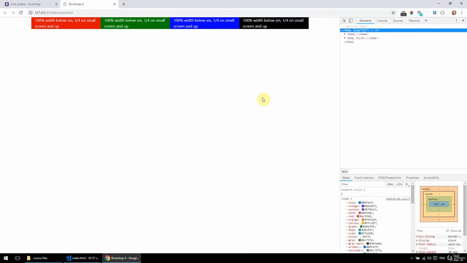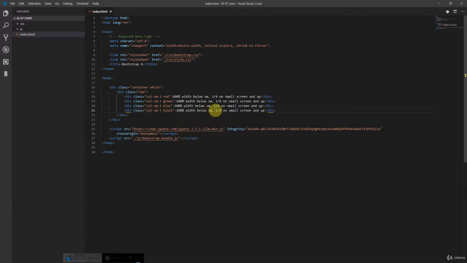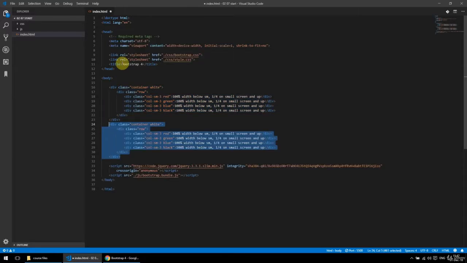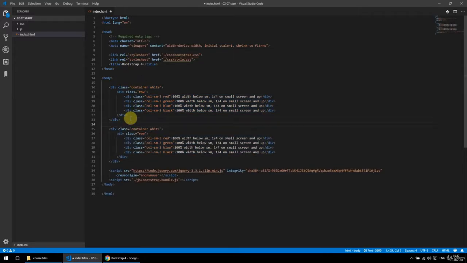Okay, but I also said I want to have 2 columns in that row on large screens and up. So how would I modify this? I'm gonna keep this one just so you can reference it and make a copy of the whole container, and just give this one empty 15 class just to have some top margin.